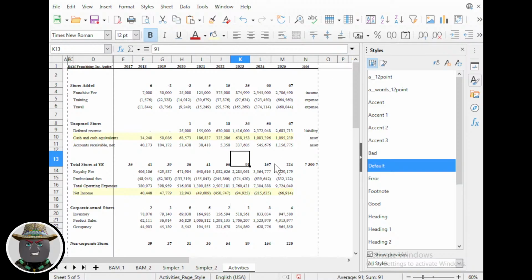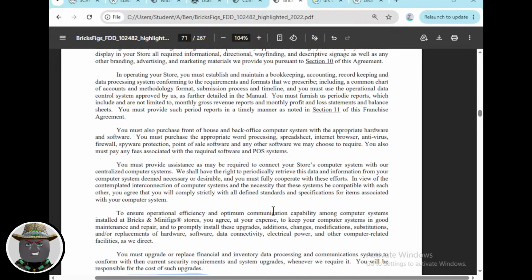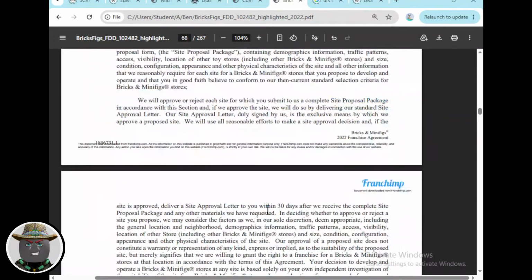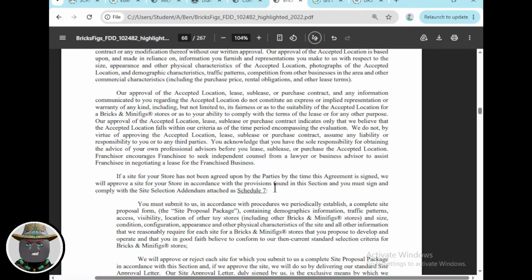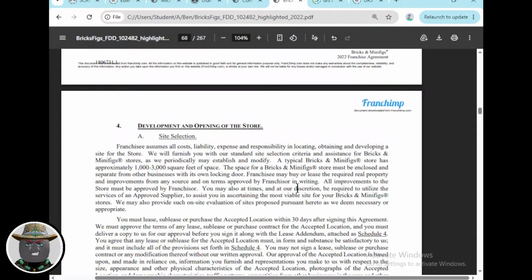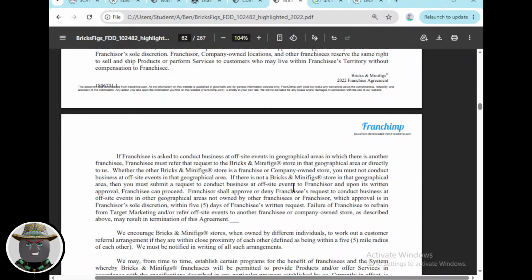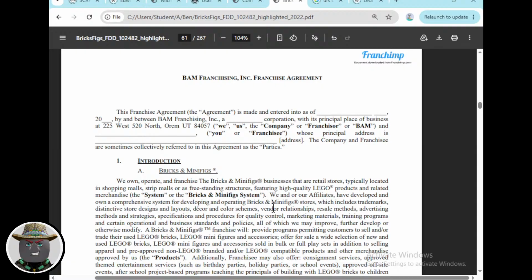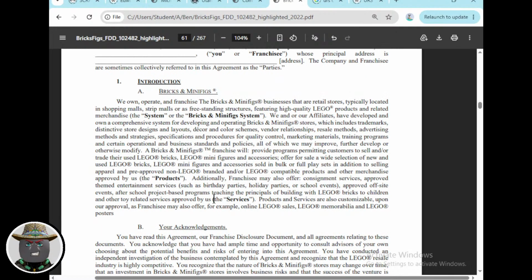But that's really what's driving all of this, is these new stores added, and now they're doing them at $40,000 a pop. So if you go back and read the financial disclosure document for 2018, 2019, then they were charging $25,000 for a new franchise. But now